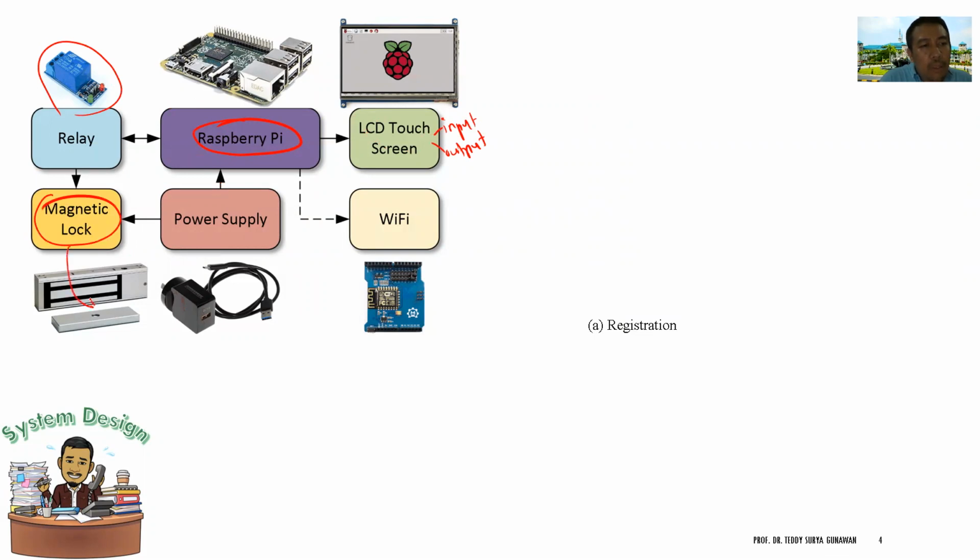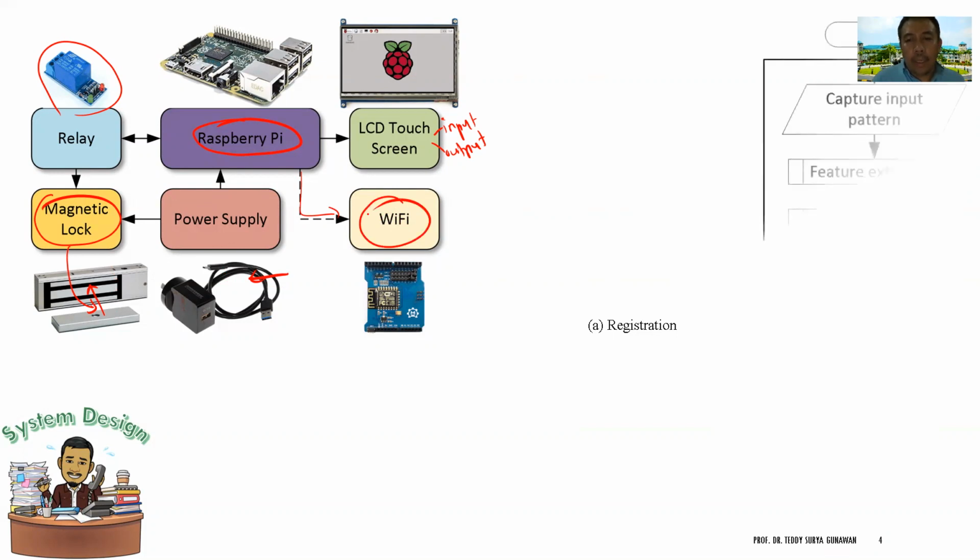So it will lock if the pattern is recognized, if it is a valid pattern. Then this one will be locked here. Of course, you also need some power supply, and this can be part of a smart home system, part of IoT, by connecting to Wi-Fi. Okay, and this is